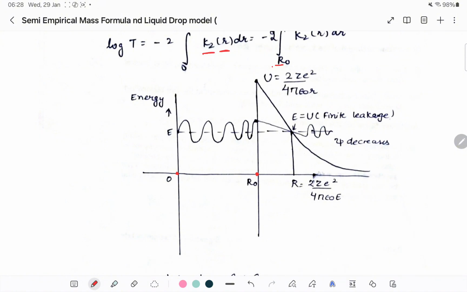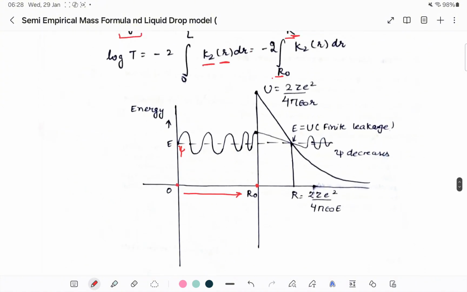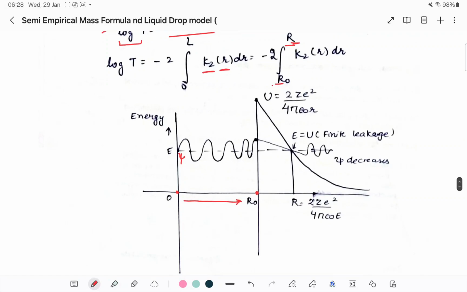In this case, suppose this is a wave function associated with the alpha particle, and before colliding with the barrier, the wave function starts moving towards the complete length, that is r naught, and the potential